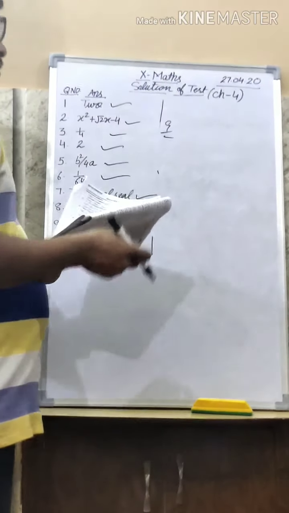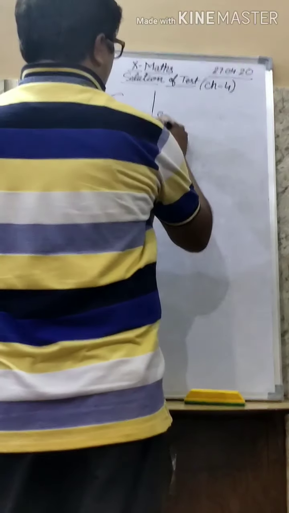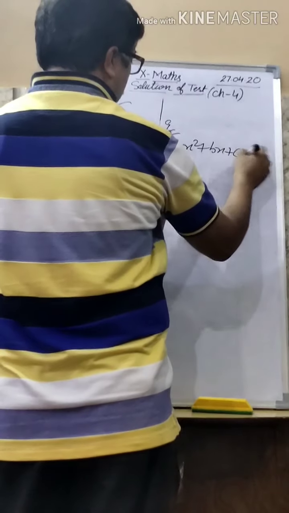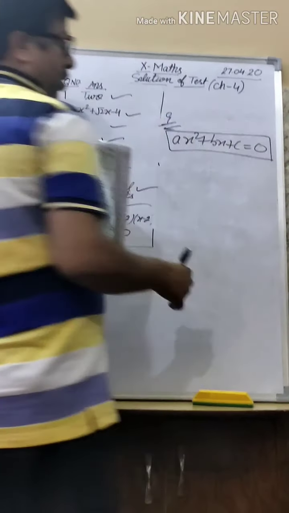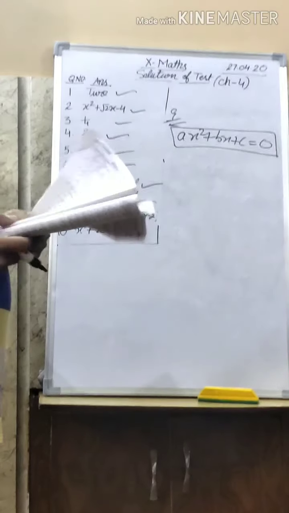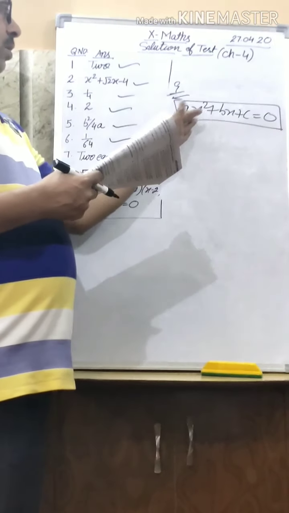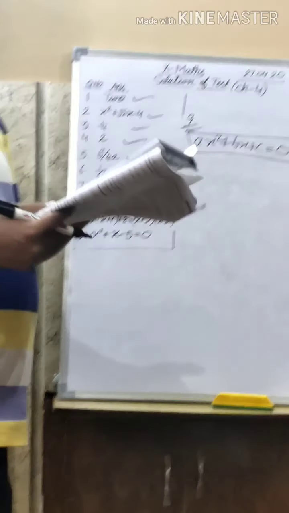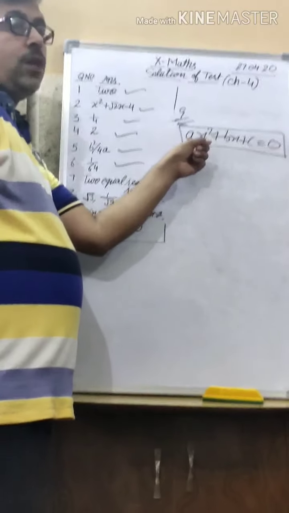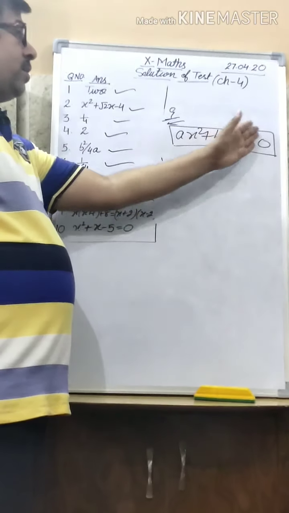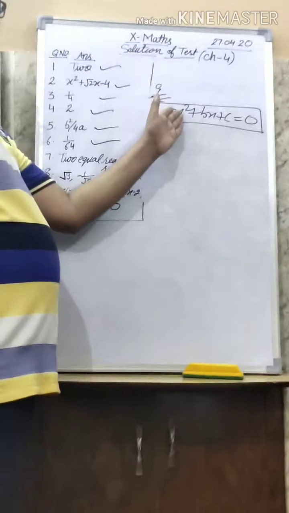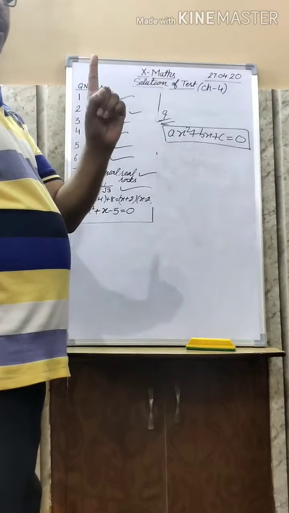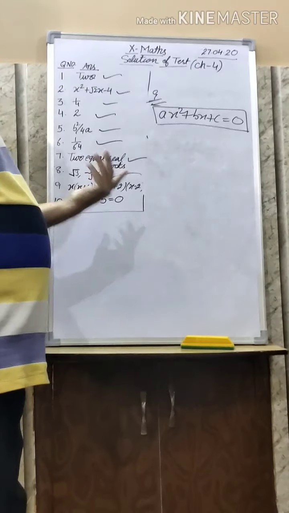So all these 4 parts you have to simplify. If after simplifying you are getting ax square plus bx plus c is equal to 0, then it is a quadratic equation. It means after simplification, right hand side 0, you shift everything to the left hand side. After simplification, if the maximum power is 2, the degree is 2, then it is quadratic. If the degree is 1, it is not quadratic, it is linear.